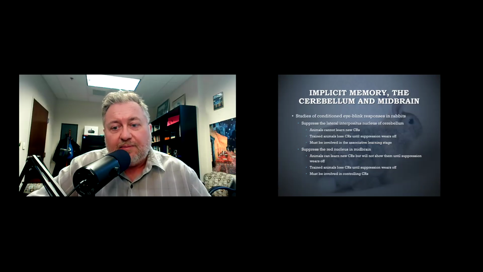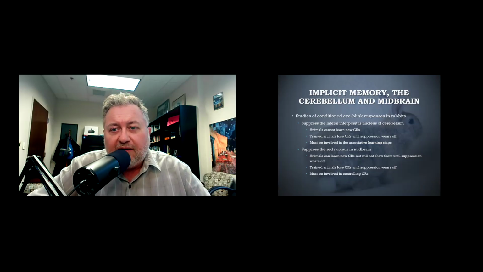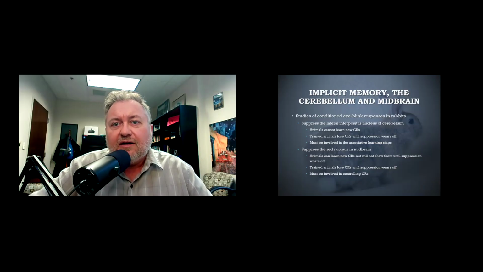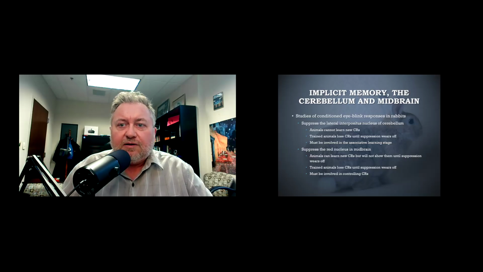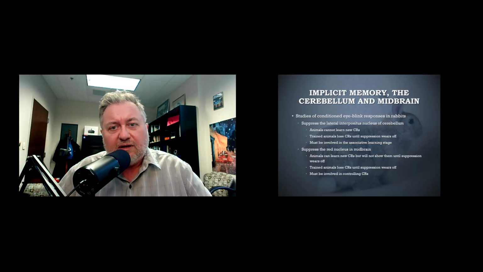What else can we say about locations of memory in the brain? Well, let's revisit Lashley, because remember, Lashley was doing not delayed response tasks or anything like that, or complex motor skills like the mirror drawing task we did with HM. Lashley was doing conditioned eye blink responses, right? And so one way to do this in rabbits, for example, is you blow a puff of air into the rabbit's eye, and they're going to blink. But if you play a tone along with that puff of air, then the tone begins as a neutral stimulus, but eventually it becomes a conditioned stimulus, and rabbits will blink when they hear the tone. So we're going to train up our rabbits